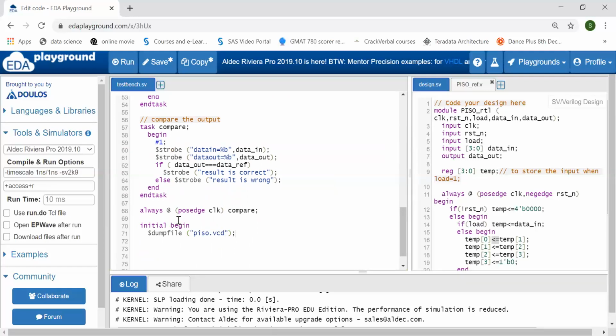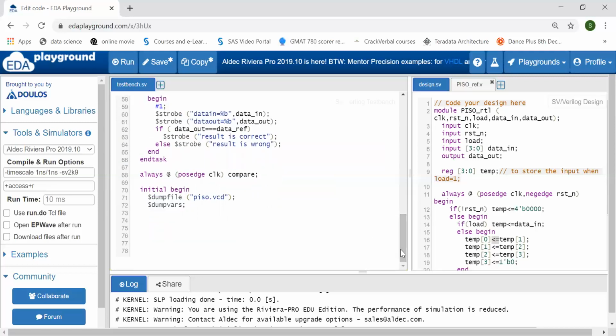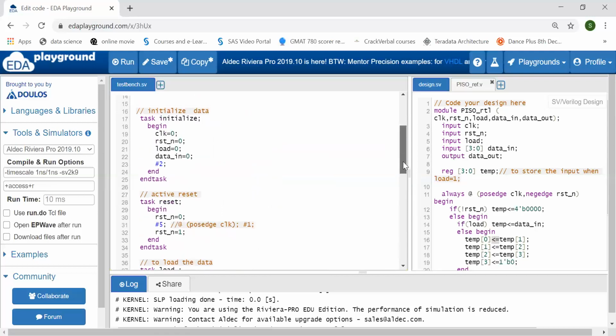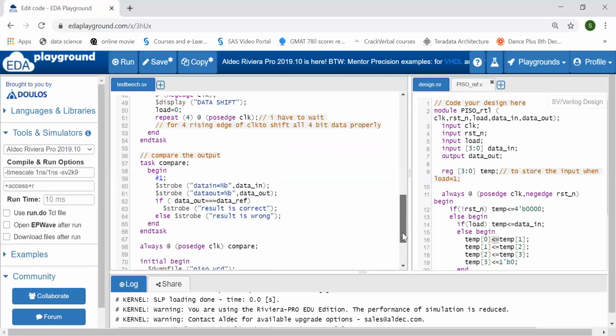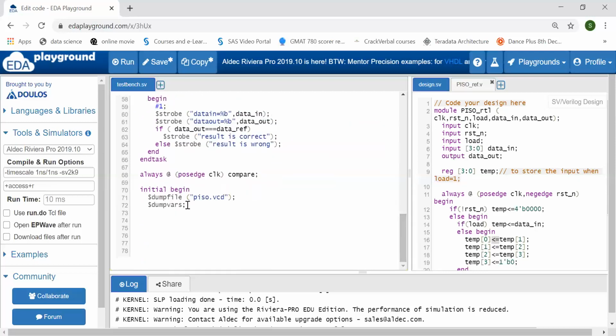So next, $dumpvars, to dump all the variables in this region into your file. Then first I have to call this initialize task, then this reset task.